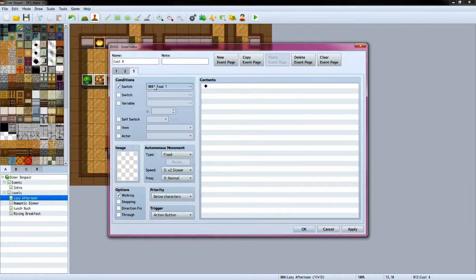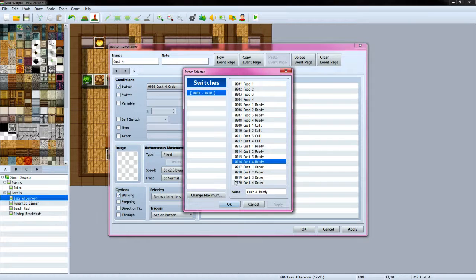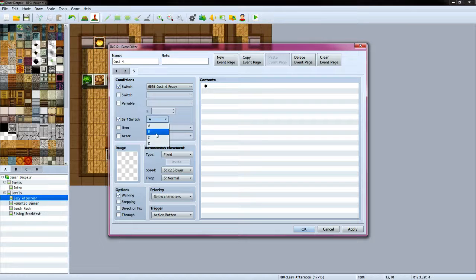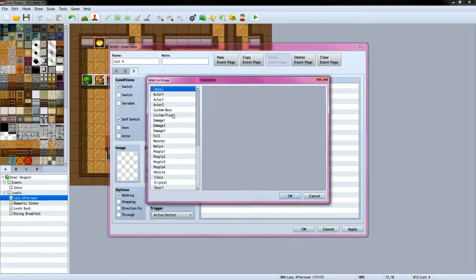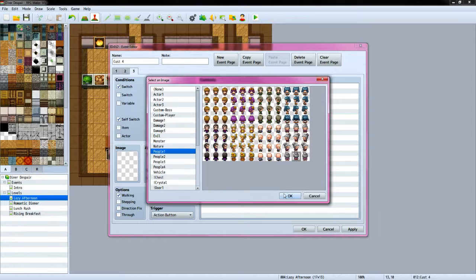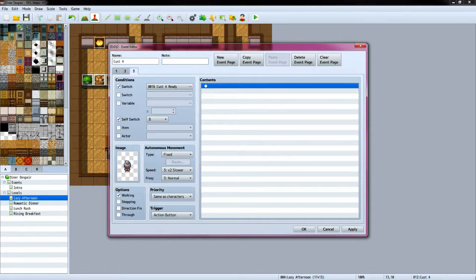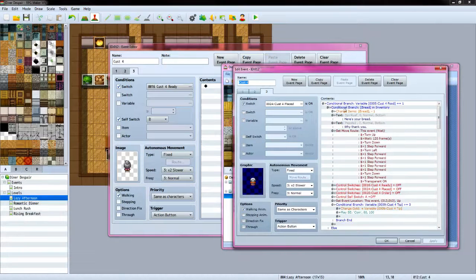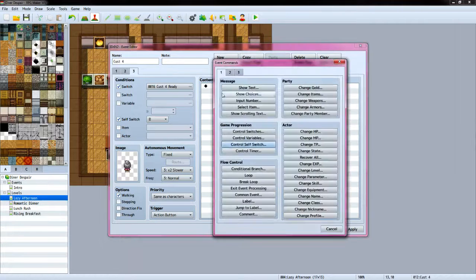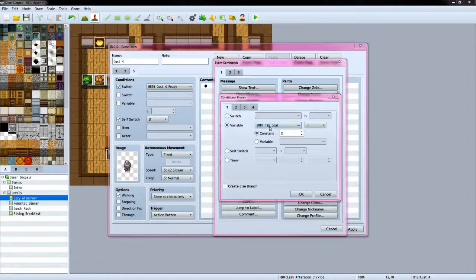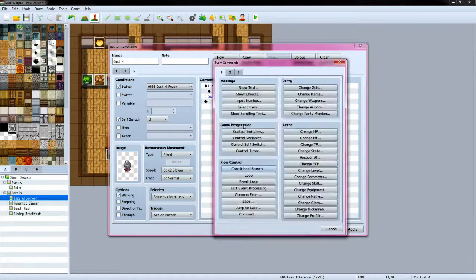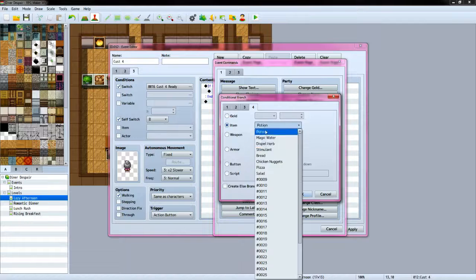Finally, last page. Actually, I need ready. Here we go. Switch B. Final page of processing. If food is 1, if we have bread,